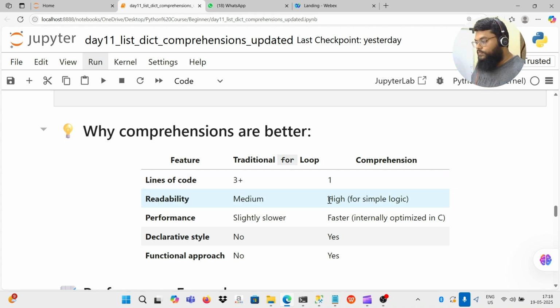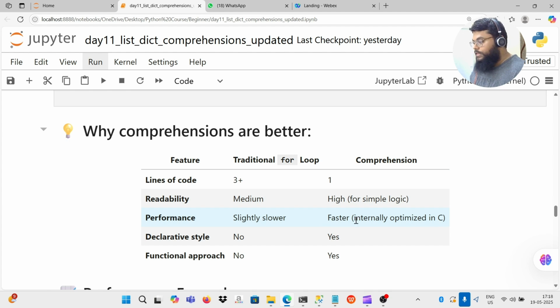But list comprehension defines a simple logic in just one line, and you know more about the Pythonic way of writing Python programs. Performance: the traditional for loop is slightly slower, but comprehensions are faster,